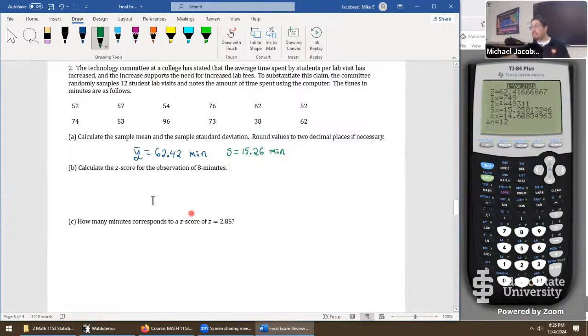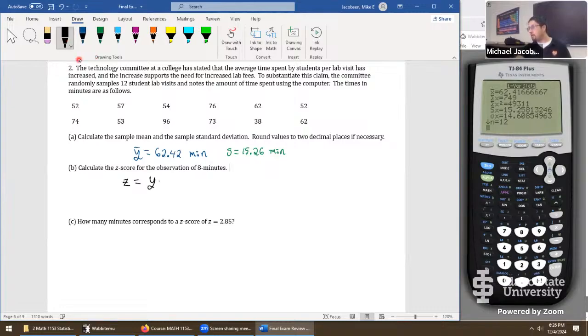Now it looks like we're back to calculating z-scores. And you know, the bigger reason we did z-scores was these are test statistics. We were just getting used to the idea of measuring standard deviations, but they do have their own purpose as well. So we'll take z. A z-score formula would be